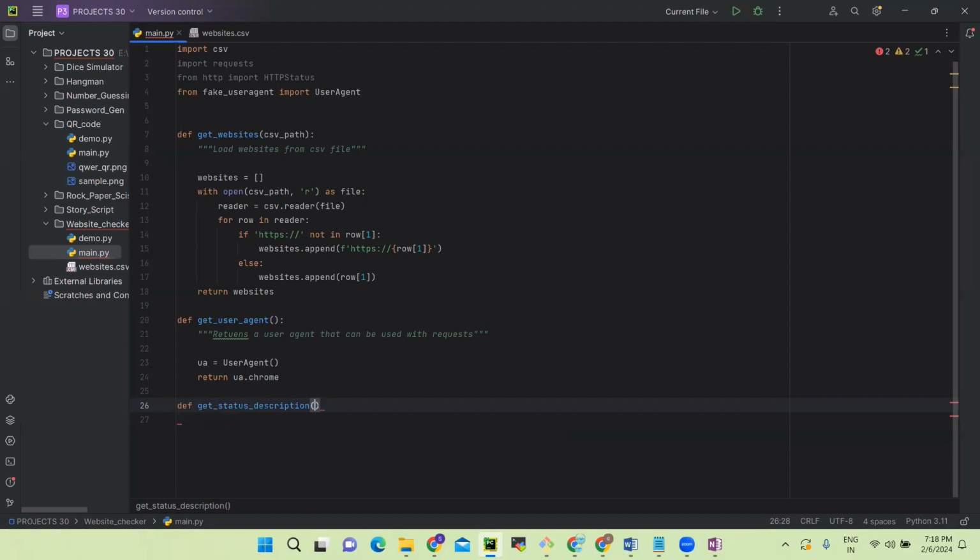Here we'll get the status code, and what this function will do is use the status code to return a readable description. Okay,